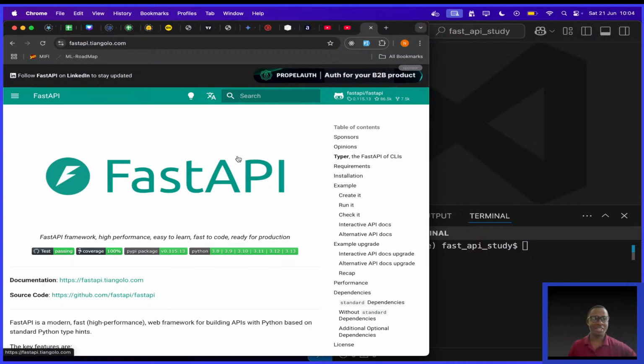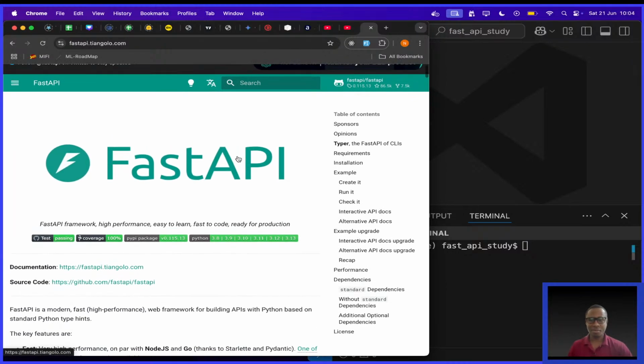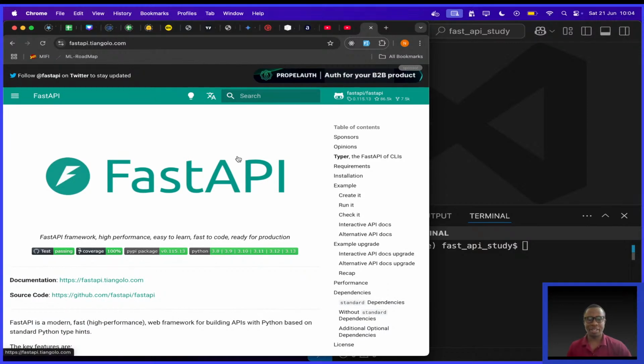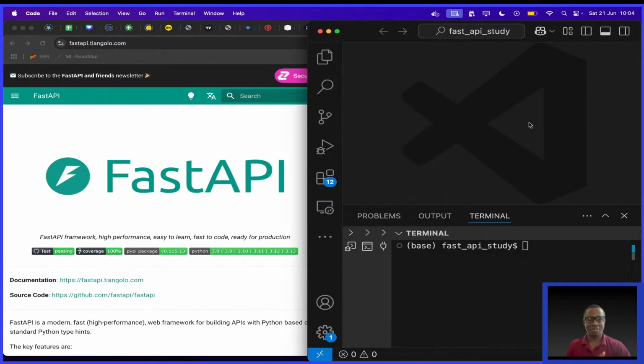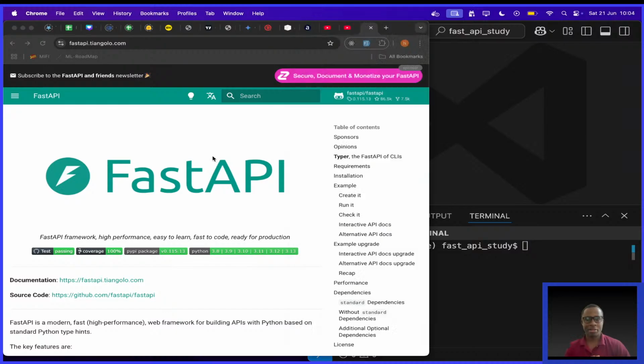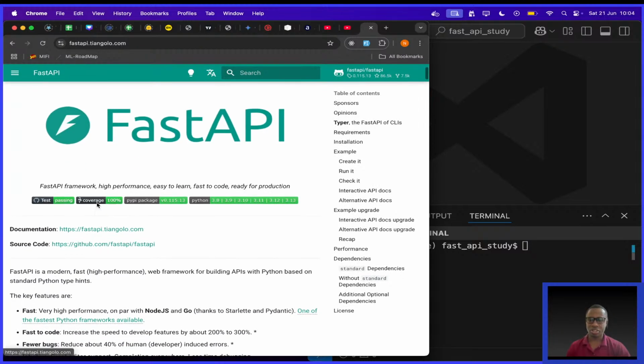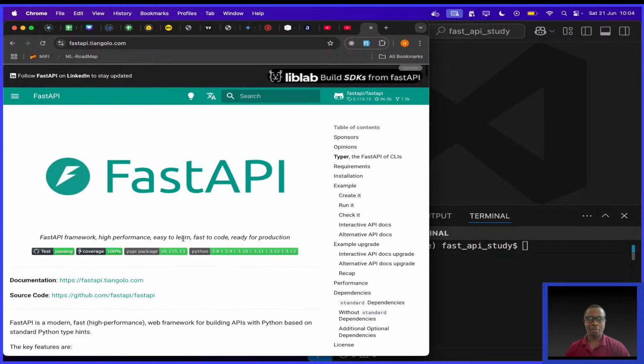So let's start. So like you see, I have here the FastAPI documentation. Then on the other side, I have VS Code. So what I need to do now is probably start, of course, by looking at the documentation. If you look at their homepage, they have this link for documentation, the link to the source code. But I guess if you click on this one, it will take you to the same page. And of course, this one is for their GitHub.